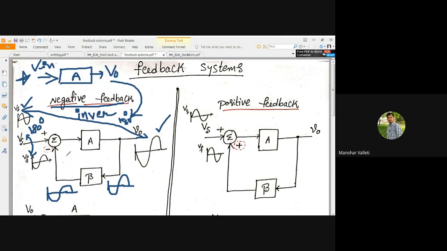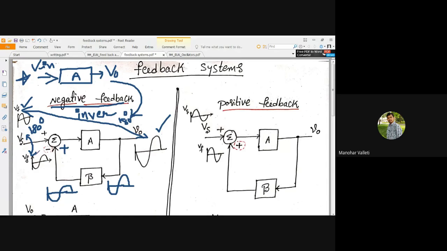So can I convert this negative feedback system to positive feedback system? Is there any possibility? Can I convert this negative feedback system to the positive feedback system shown here? To do that, what do I need to do? Only the sign is there here. I need to make that plus. How can I make it easily? And what is the definition of the positive feedback system? If the input and feedback signal both are in phase.